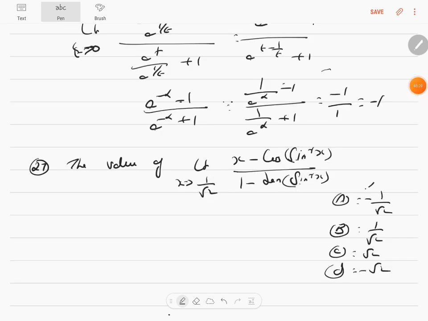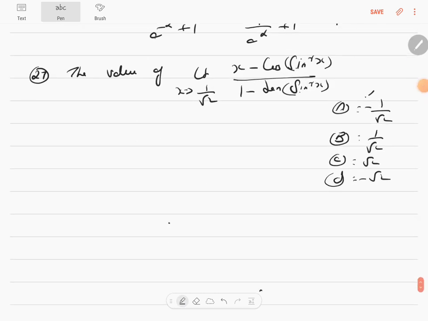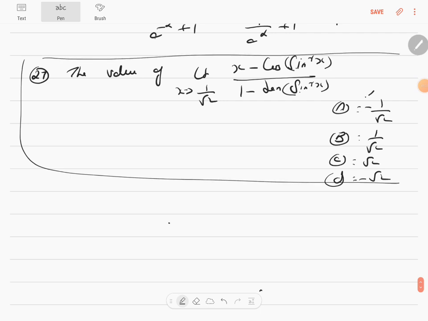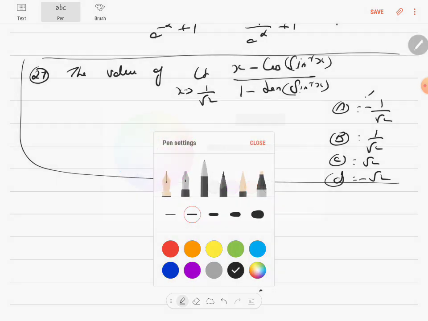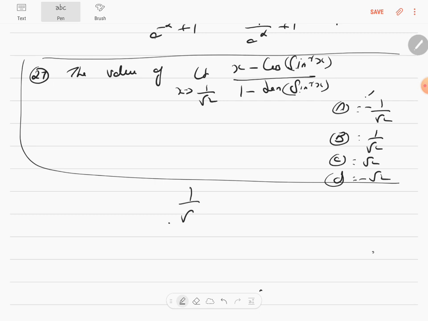So here is the next question. The value of limit x tends to 1 by root 2 of x minus cos sine inverse x, by 1 minus tan sine inverse of x. When you substitute 1 by root 2, the numerator is 1 by root 2 minus cos of sine inverse of 1 by root 2, which is pi by 4, and cos pi by 4 is 1 by root 2, so it becomes 0. Similarly the denominator will also become 0. It's a 0 by 0 form. So can we apply L'Hopital's rule